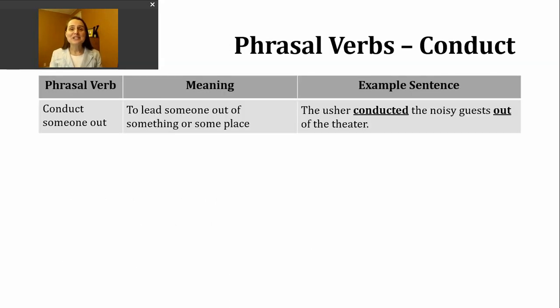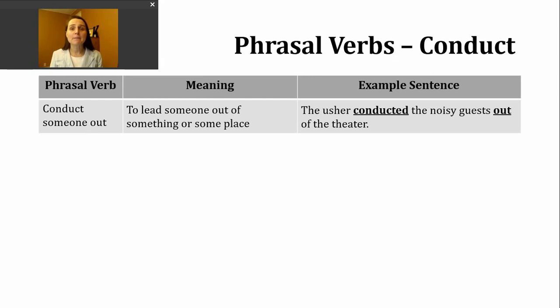You might be relieved to know that I only have one additional definition that combines a phrasal verb with our verb of the day. And it actually ties back a little bit to an earlier meaning we looked at. So you might hear that someone conducted someone else out of a particular place. I don't think this is something you'll hear a great deal or very often. I think it might be more likely as you're reading an older story.